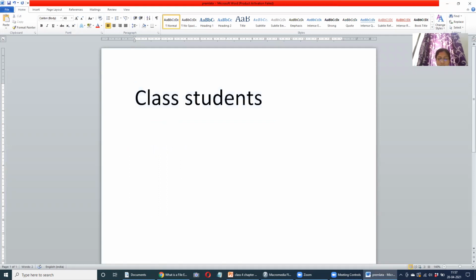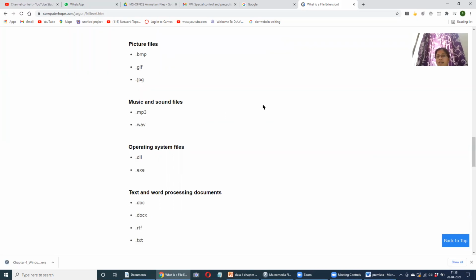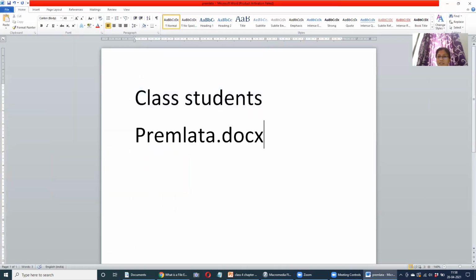Now this file is premlata.docx, a document file. Yes, it helps us to understand it is a document file. Imagine I store a picture, it becomes premlata.jpg.